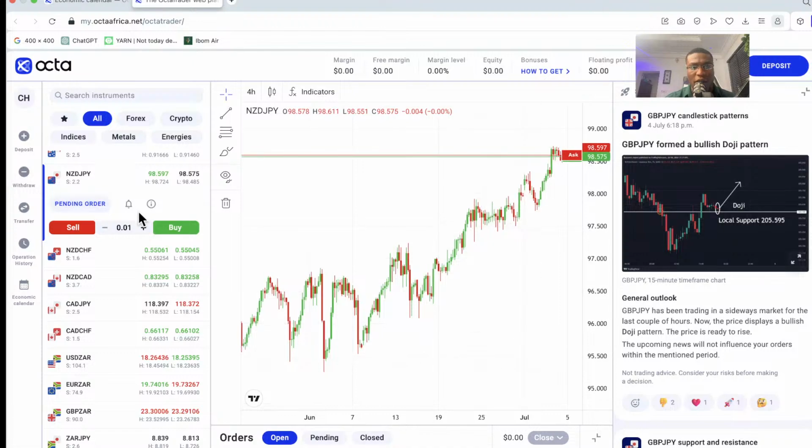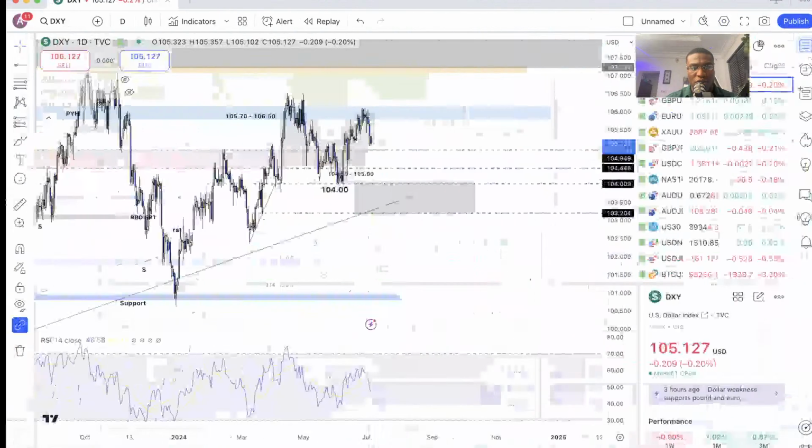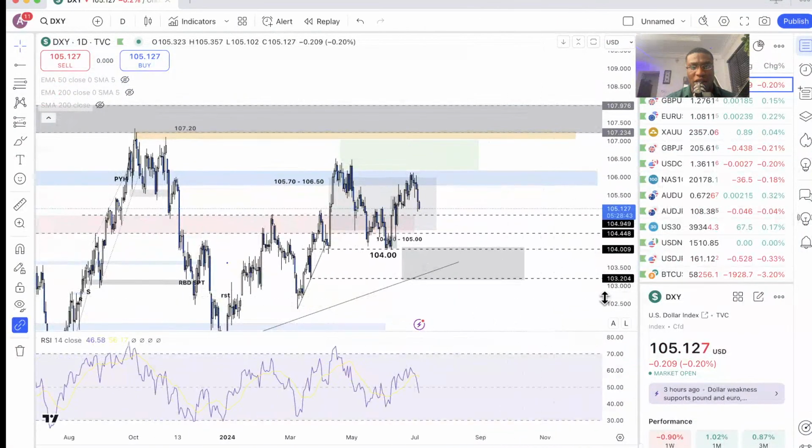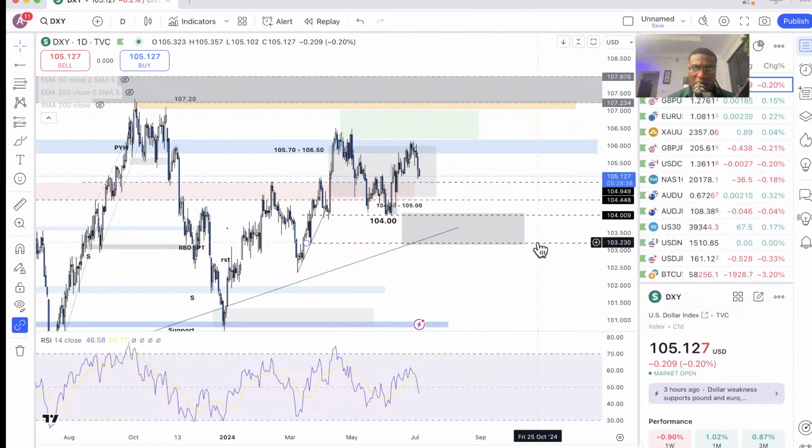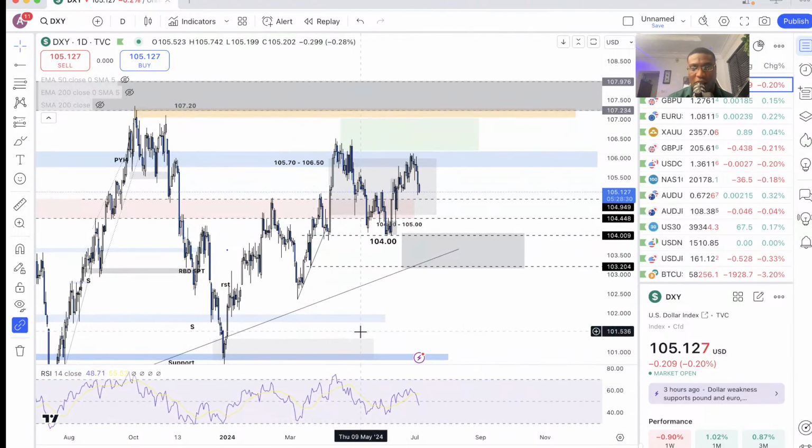So before we even come on here, right, I would like to just do a quick recap on the dollar index, because again, I trade a lot of currencies that are paired with the dollar, right? So we obviously need to understand exactly what's going on with the dollar and see how we can also use that to determine areas where we can buy or sell the dollar across other pairs.